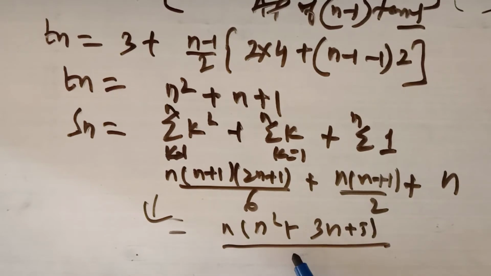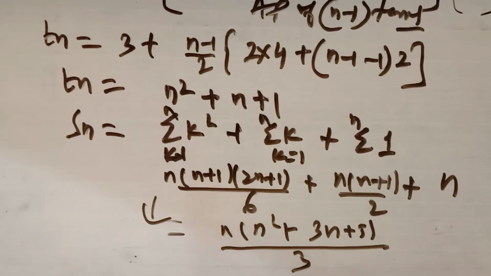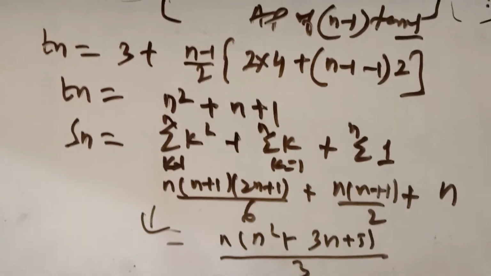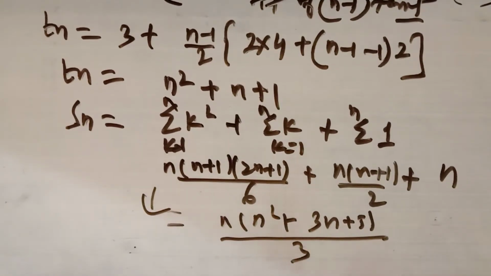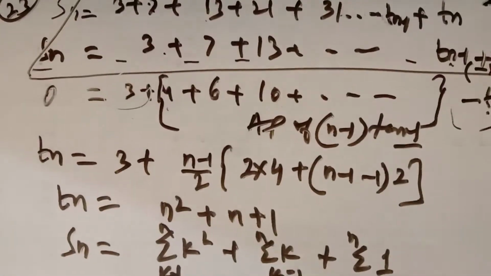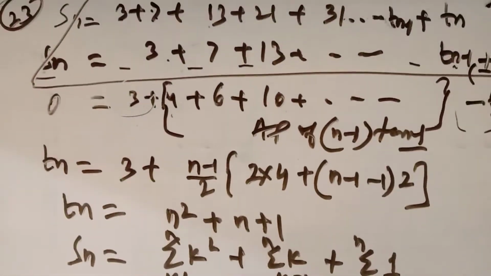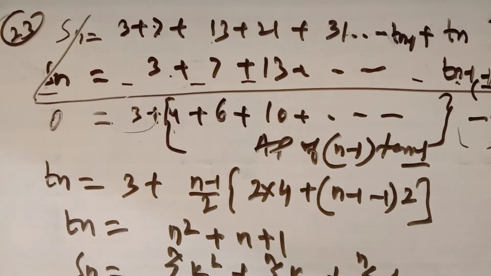this is 3. So this is the method to do this type of question: when the differences between the terms are in AP, you shift one term forward and subtract them, you'll get the nth term, and use the concept of special sequence. You take the summation on both sides up to n terms. This is question number 23. Read it, have a good look at this type of question, one more there in the solved example.